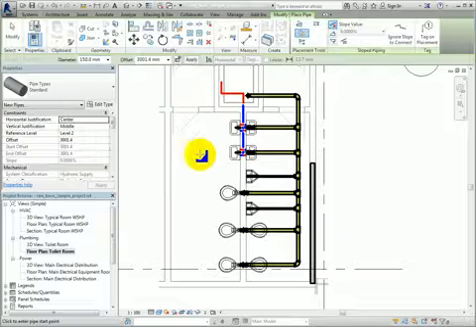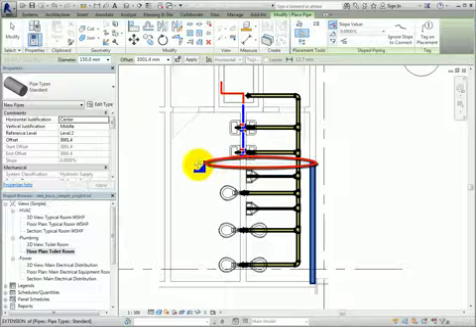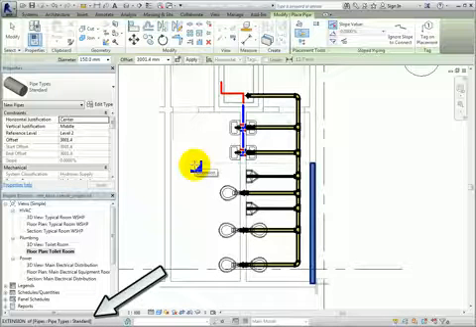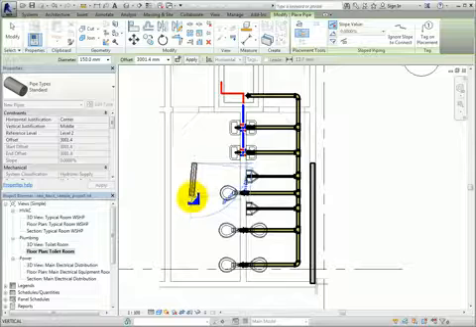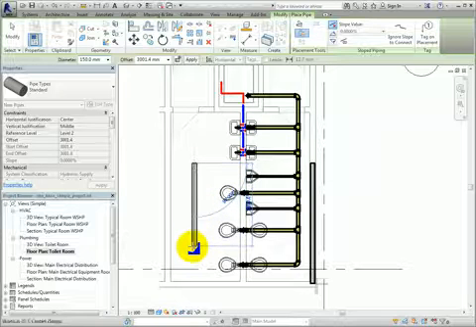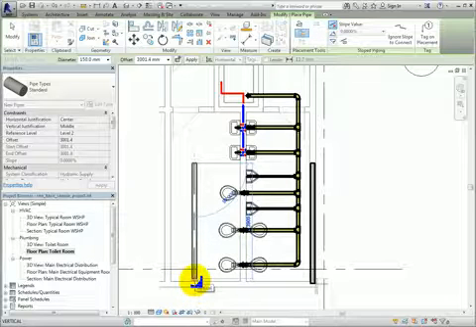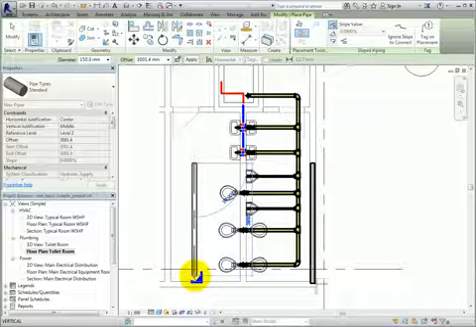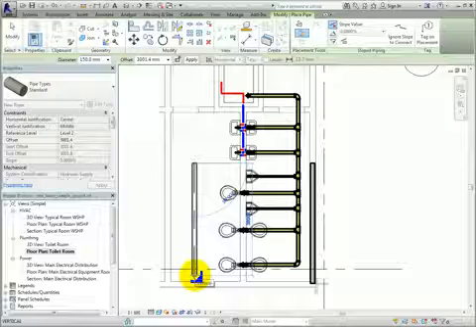With Snap to Remote Objects enabled, notice the dashed line that appears when the cursor aligns with the end of the adjacent pipe. And in the status bar, I can see that Revit has found an extension of the geometry of the adjacent pipe. I'll click to specify one end of the pipe. Then I'll type SR to disable the Snap to Remote Objects. Now, when I move the cursor toward the other end where the extension of the adjacent pipe would normally be found, I can no longer automatically align the pipe. So as you can see, there are instances when having remote snapping enabled is useful. But when you don't want to snap to